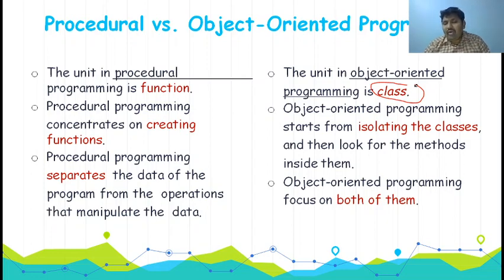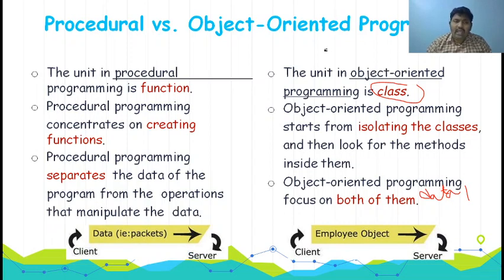In object-oriented programming, data has more security. How we are going to achieve data security and data privacy, these are things we will discuss next day. Data privacy and data security are less in procedural programming, whereas in object-oriented programming, data privacy is more.